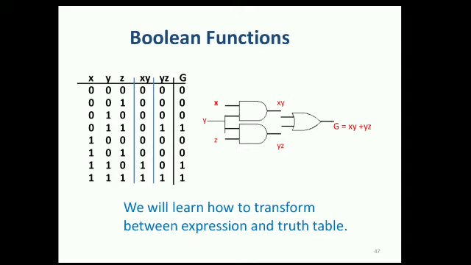From this table you can see that x, y, z are the inputs. There are 2 operations performed, that is xy, and for xy we require an AND gate. In the AND gate we have 2 inputs known as x and y, whereas the second operation is yz. It means there are 2 inputs y and z using the AND gate. And finally G is the combination, the addition of xy plus yz. That's why we use an OR gate.